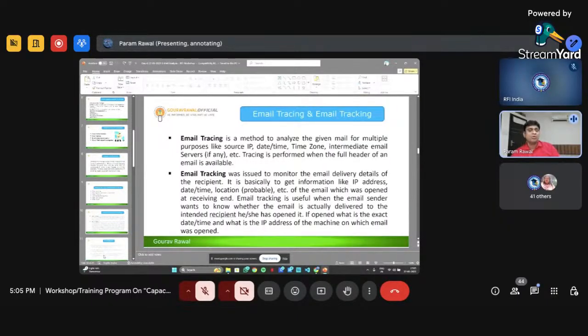So on the next hearing in the court, you can't deny that, sir, I could not get that message, any of the email or any of the SMS. So they have the track record that on so and so date, on so and so machine, on so and so IP address, that email was opened on so and so date and time. So that is for legal issues or legal matters.